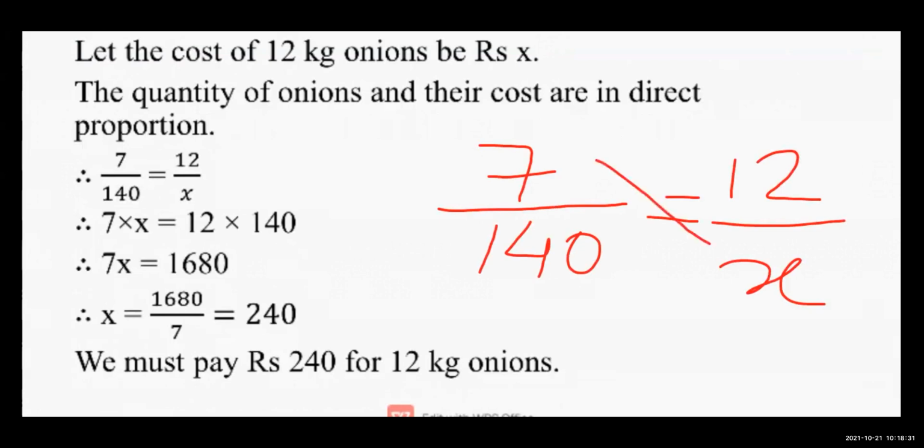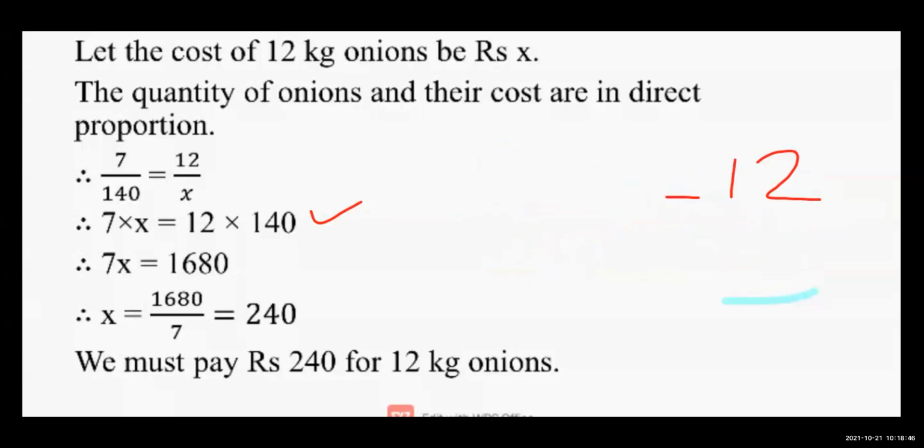Next step will be the cross multiplying, that is 7 into x equal to 12 into 140. Steps are not changing. 7 into x multiplied by 12 into 140. Now if we cross multiply, what we get? 7 into x, 7x, and multiply 12 by 140 in your working column. What are you getting? Just cross check your answer with my answer. 12 multiply by 140. 7 into x will be 7x.